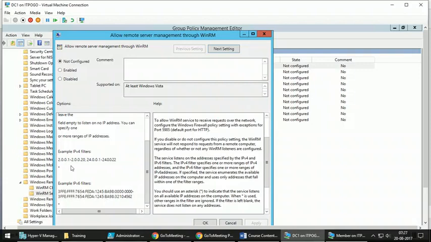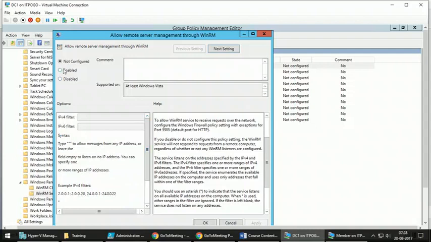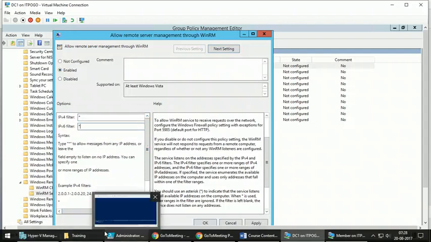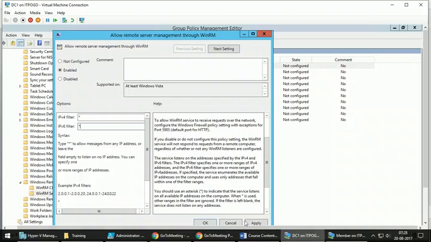Unless you want to filter based on some IP addresses, you don't need to provide any filter. You can just give star. After you click on enable, give star in both of these. It will enable PS remoting for all the IP addresses within that OU. But if you want to exclude, you have to provide the range like this. Any questions so far?